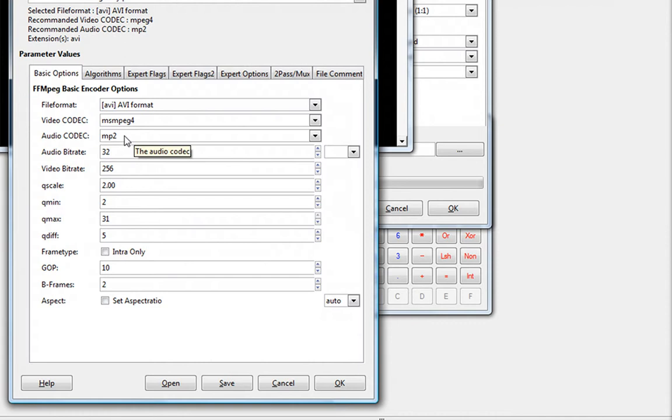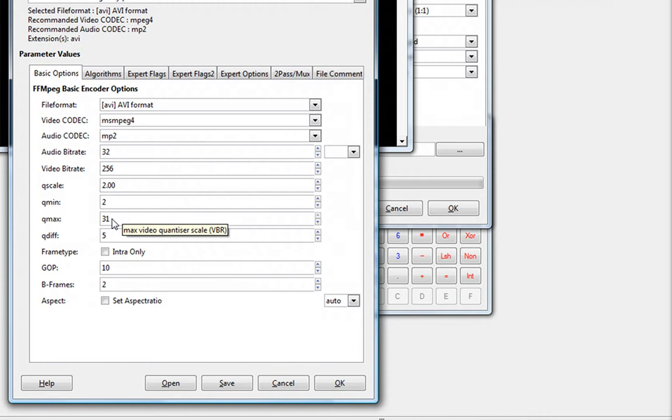Since we are using no audio, we will leave the audio format as it is, as well as the audio bitrate. All audio options will be ignored anyway. For a video as small as this one, 256 kilobits per second is a reasonable bitrate. The higher the bitrate, the higher the quality of the video, since the disk storage and information per second is higher. Now, for the more technical details, this indicates how much change the bitrate will go through between frames. Let's up FAR 2. This is only supported in certain encoders. Let's leave the value 2 for the minimum video quantizer scale. This is the maximum quantizer scale. Let's choose 31.